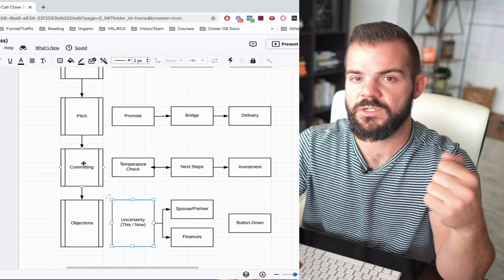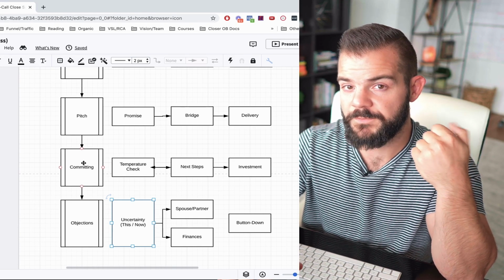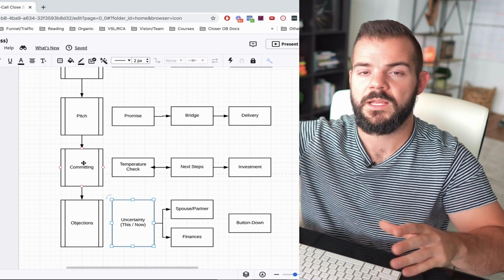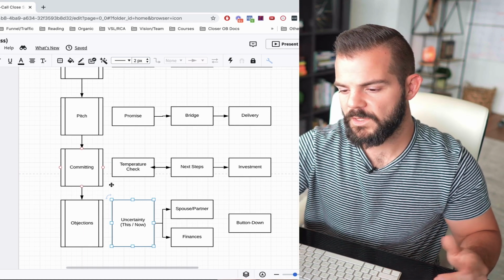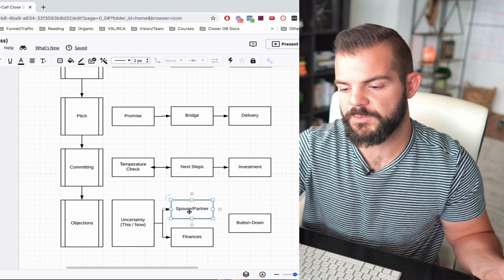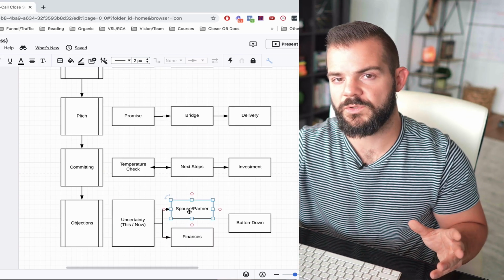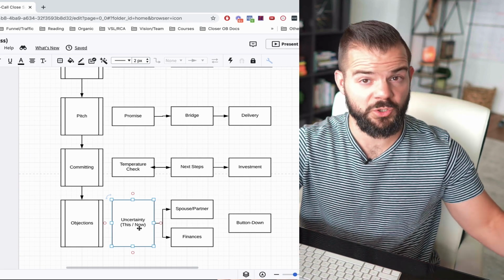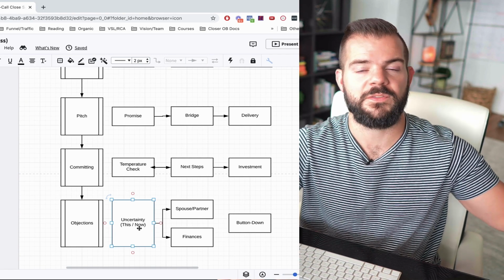Because if they're not certain that your process is the right thing, now is the right time, like it's what they need to be able to get to whatever outcome they want, it doesn't matter if they gave you a financial objection or a spouse partner objection, you're never going to get past those things because fundamentally, they're just not certain it's going to work. But if they're certain, if we can get them bought in that this is going to work,